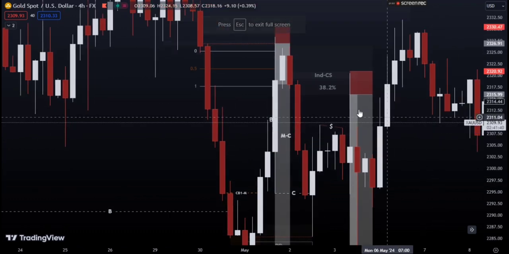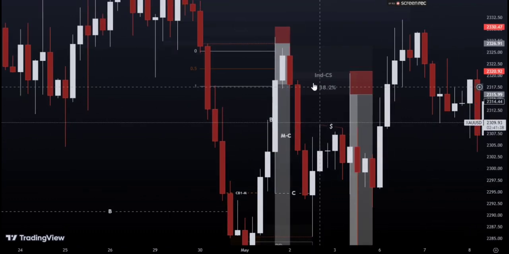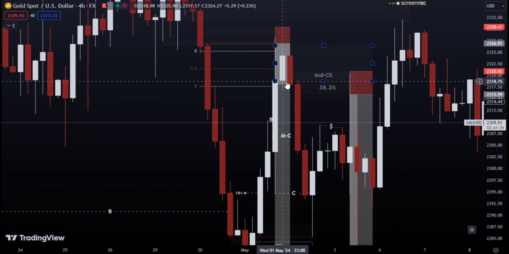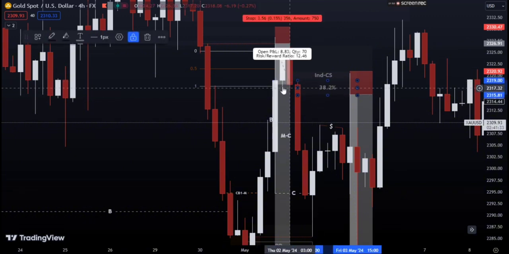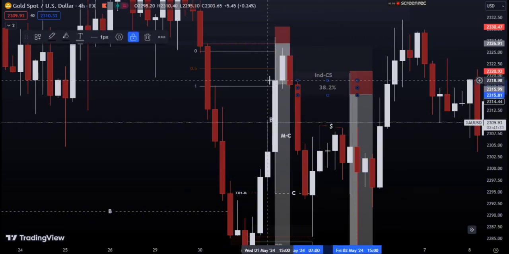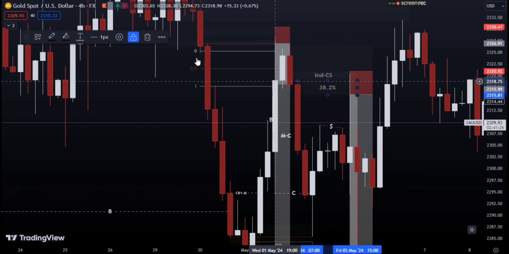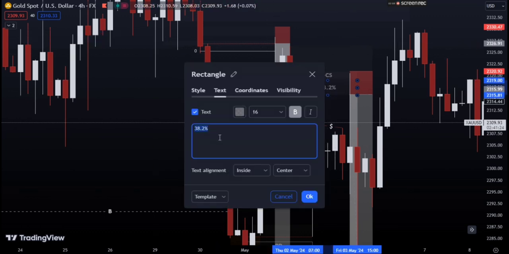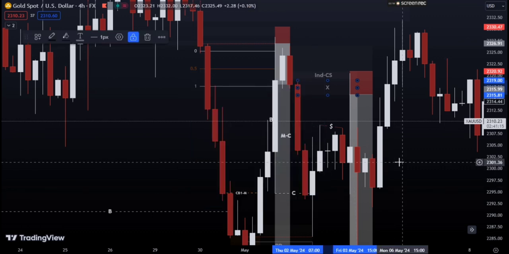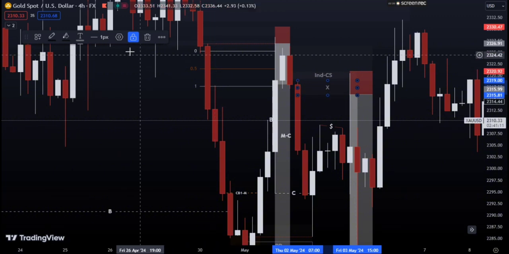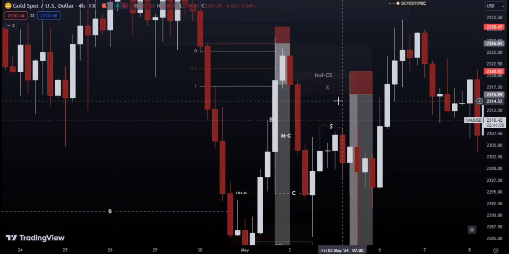So we check, is this within the supply zone? No, not even close, man. Not even close. So this means now this is going to be omitted. Let me just put an X, I don't want people to be thinking things. Anyways, let me just put an X, or just a question mark. Let me just leave it at that.